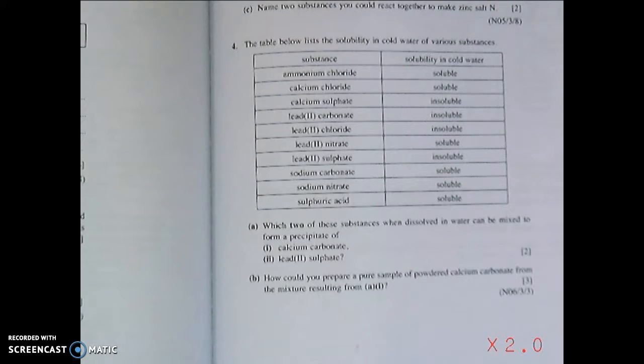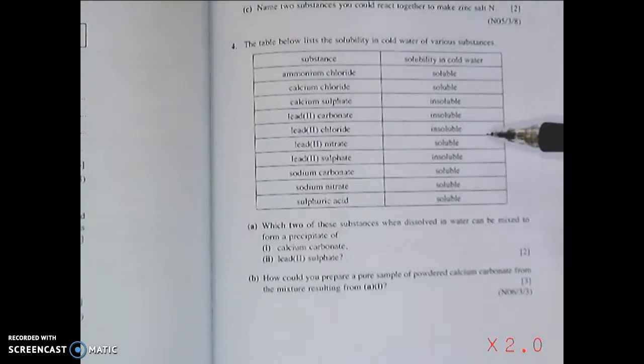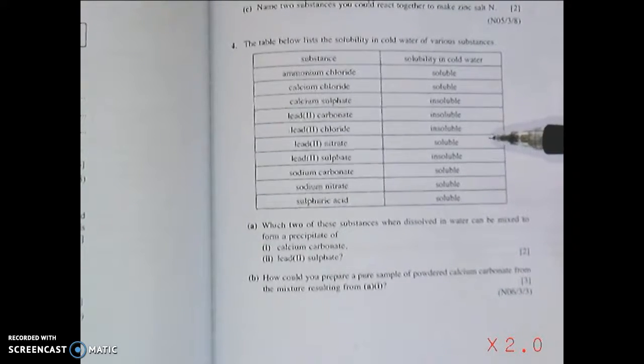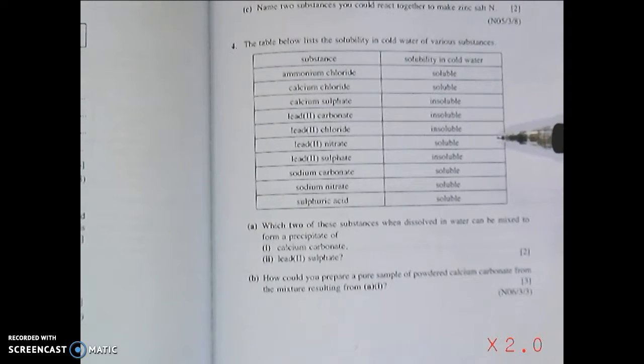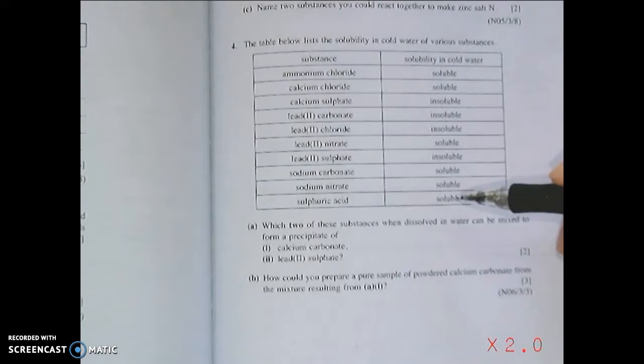This is the November 06 paper 3 question 3. Now this question is an application question and is not so straightforward. So I will go through how to first of all use this table and then how to interpret certain key